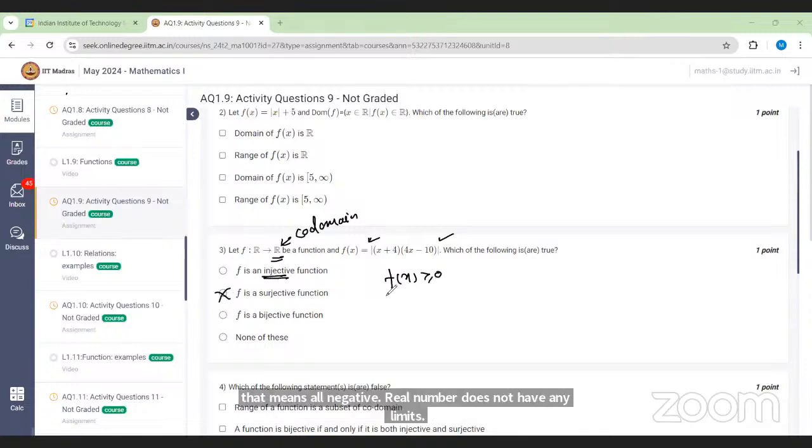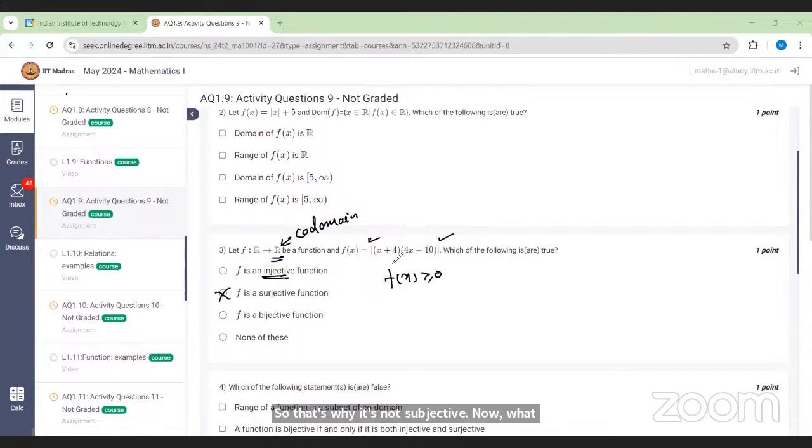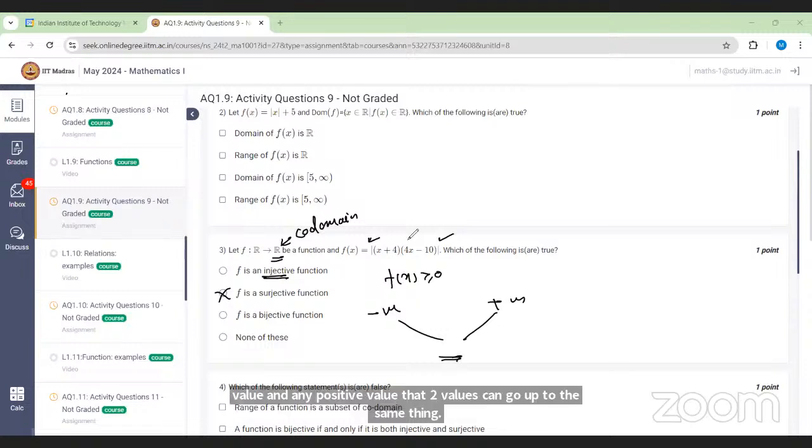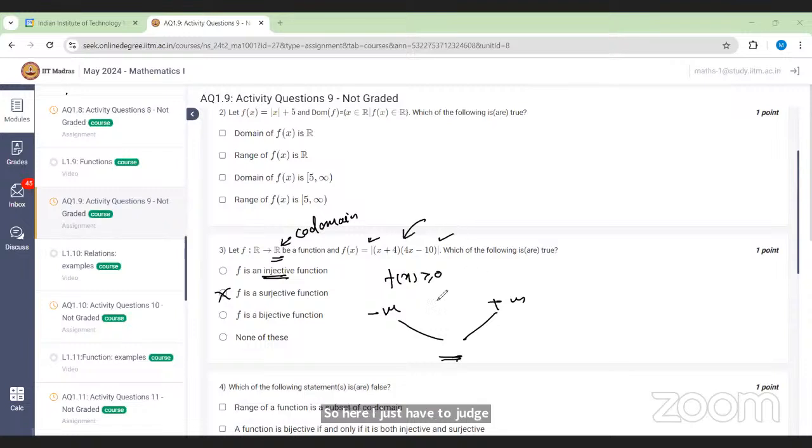Now what about injective? Can it be injective? Since the modulus function is there, we know that if we take a negative value and a positive value, the two values can go to the same thing. So here I just have to judge which value of x I can take that will give me a negative and a positive. If I take x equals -5, then this will be negative and this also negative, so negative, negative, positive. And if I take x equals 5,